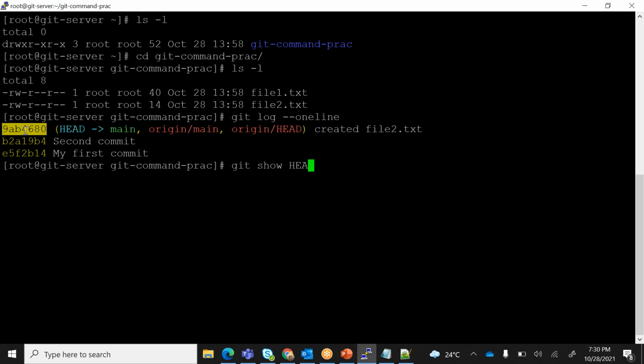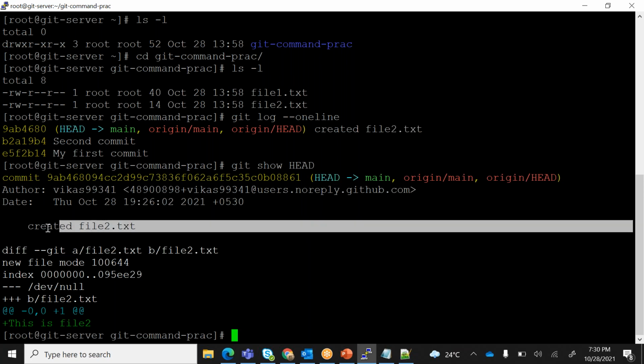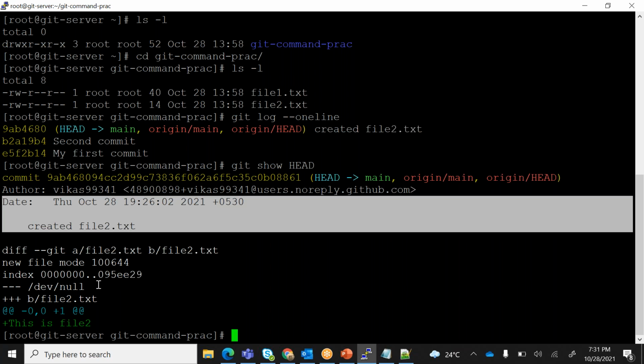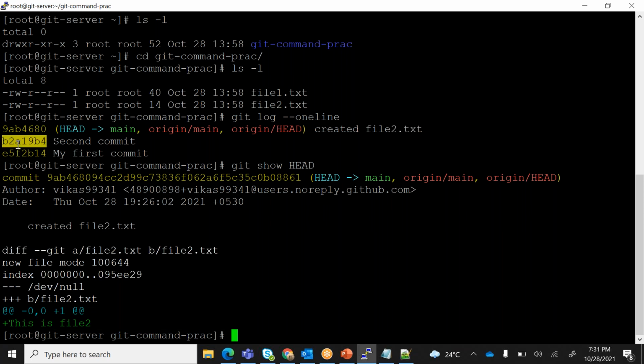Either I can say head, because the head is pointing to this location. If I say git show head, it will tell me where the head is pointing, first thing, what changes were done, and what is the difference from the previous commit. So it is basically telling me everything, where the head is pointing towards. But let me say I want to know about this particular commit. So I can say git,